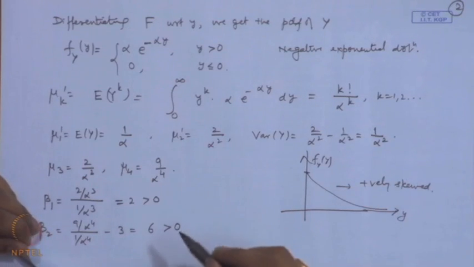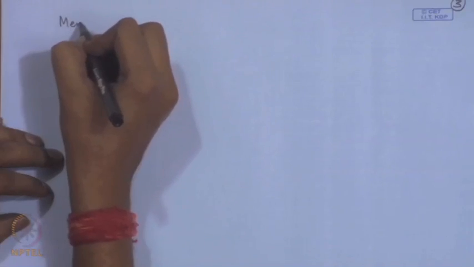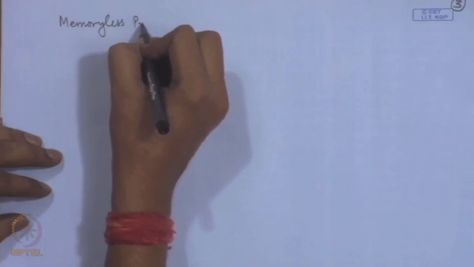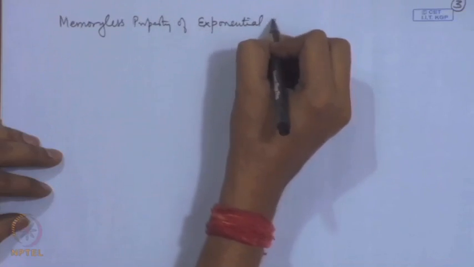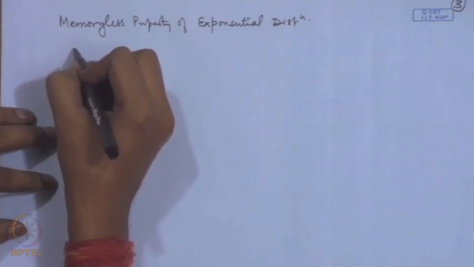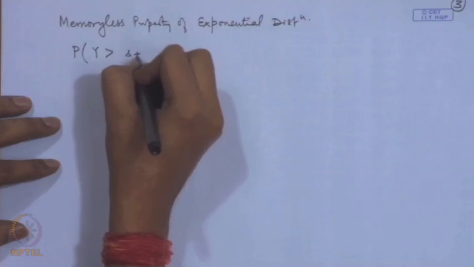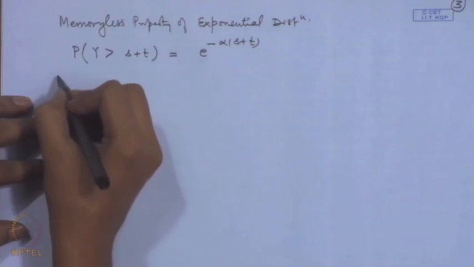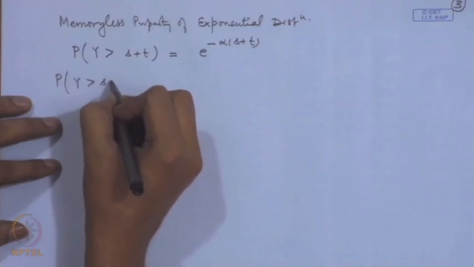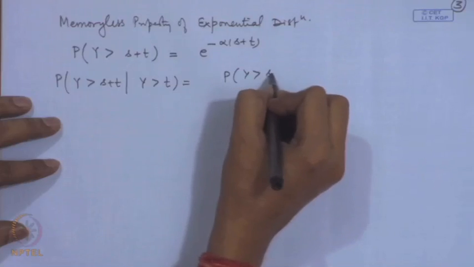Now, like the geometric distribution, this exponential distribution also has a property which is called the memoryless property of the exponential distribution. Let us consider, say, probability of y greater than s plus t. Then naturally, this is equal to e to the power minus alpha (s plus t). If we consider probability of y greater than s plus t given y is greater than t, that is equal to probability of y greater than s plus t